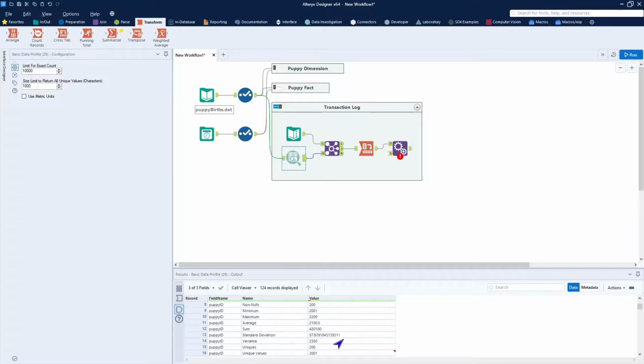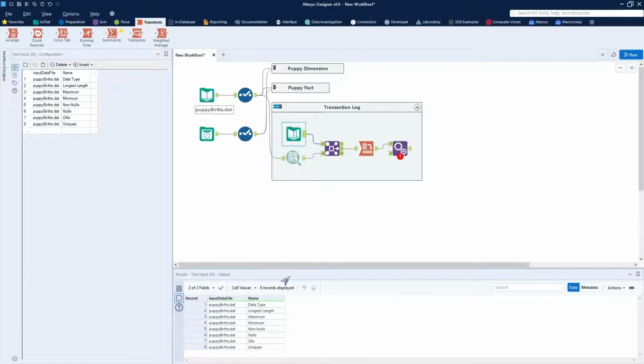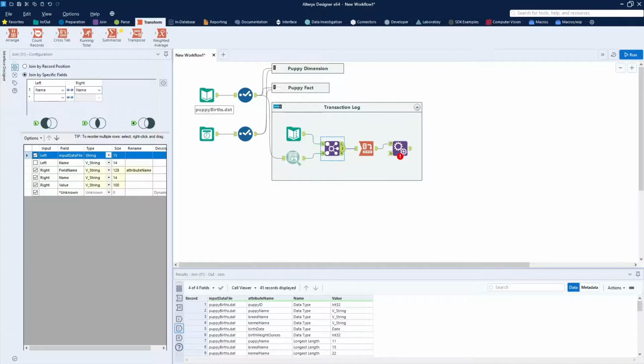We don't want all of this metadata, we just want some of the metadata, and that is where this list comes in. It puts in here the specific metadata names that we want to keep. It also includes the name of the data file that we're feeding in because that's part of our log record. Once that comes in, you see that now we have a reduced set of records, but what we want to do is to go ahead and create one record for each field coming in, and we can do that with